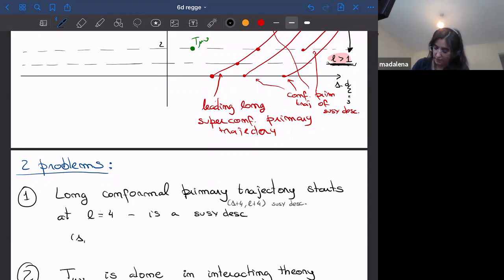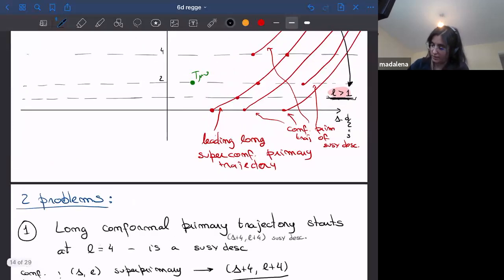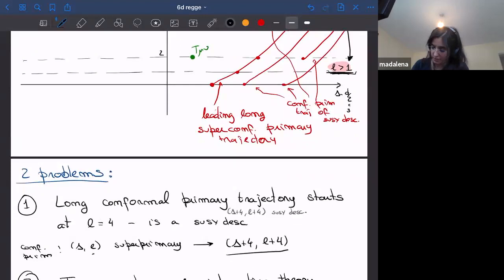So I start with a conformal primary of dimension delta and spin L, that is a super primary. And it has a descendant of dimension delta plus 4, L plus 4. And this is the guy that we're looking at that starts, if the super primary has spin 0, the descendant